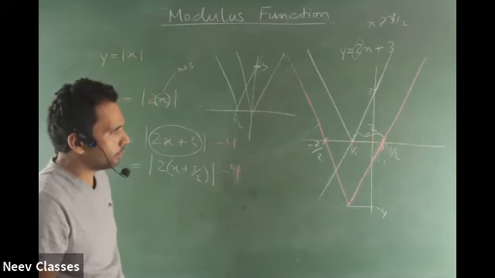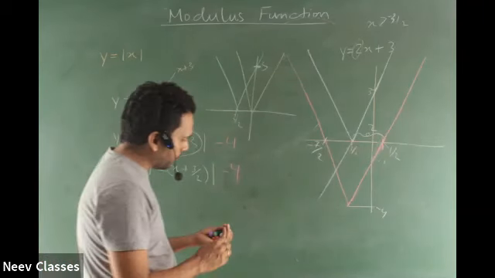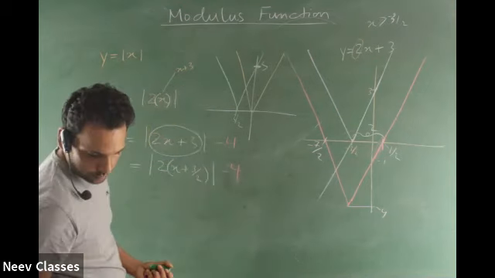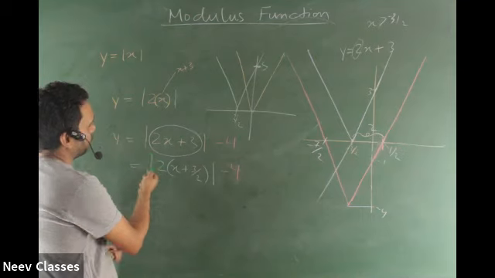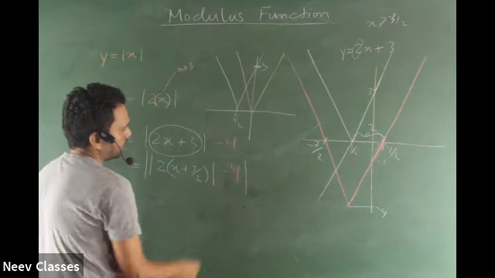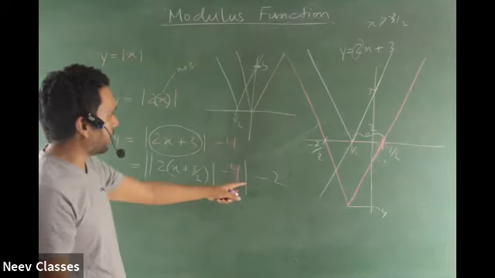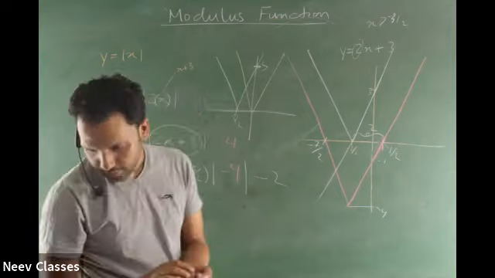Nothing in mod, okay? So I will give you funny mods. If I give you any function, okay, one more thing. Suppose I have given you this, and mod of this, and -2. How will it look? Tell me. It will look kind of like a W shifted down by 2 units. If I mod it again, what is going to happen? The negatives are going to become positive. This negative part becomes positive and the positive remains positive, right? One more color.